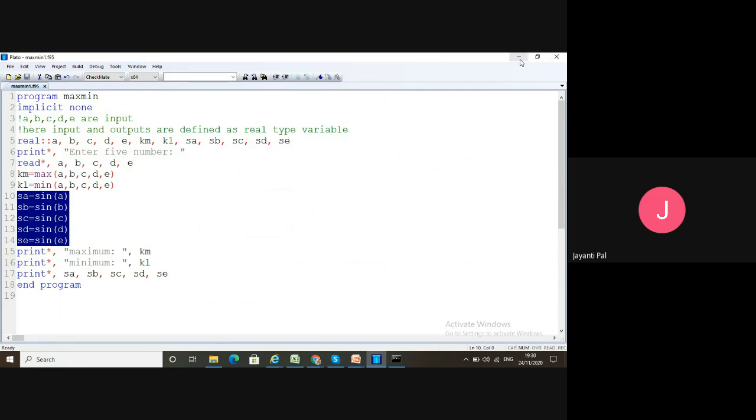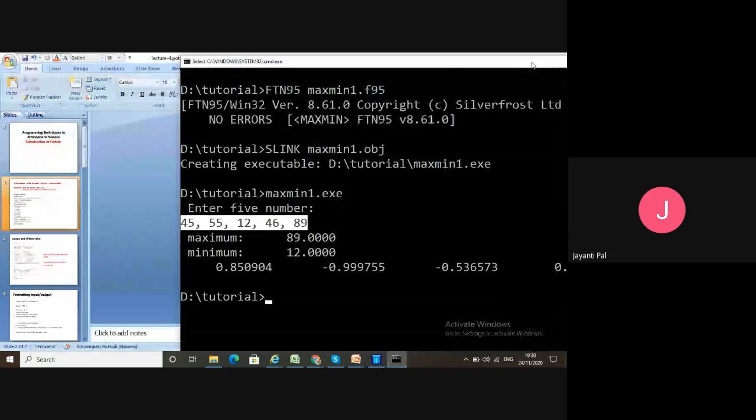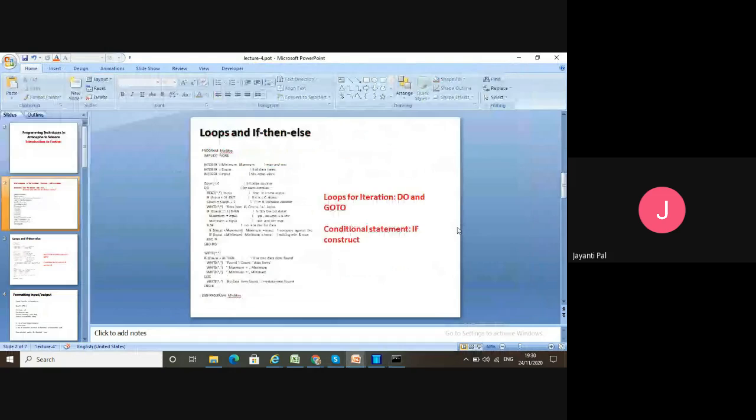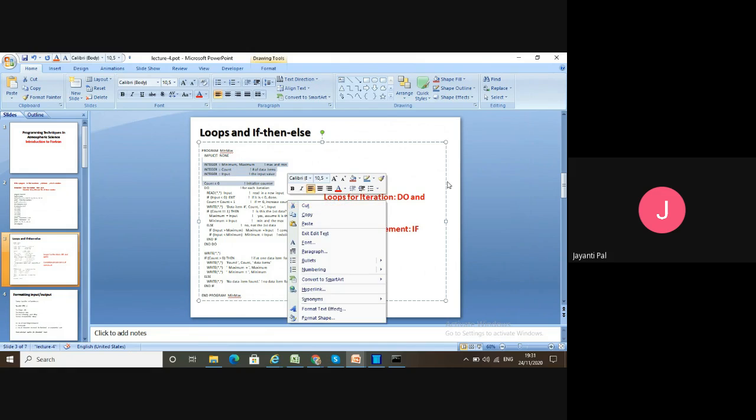Now let's see what a loop is. Loop is basically like a continuation, like iteration. That means iterating something continuously. So that is called a loop.